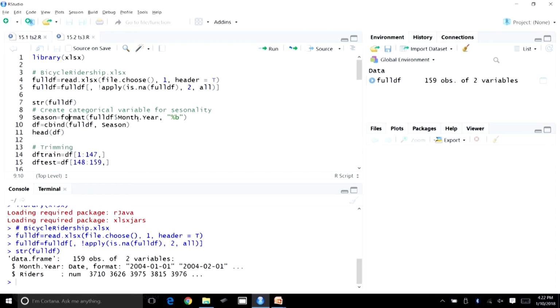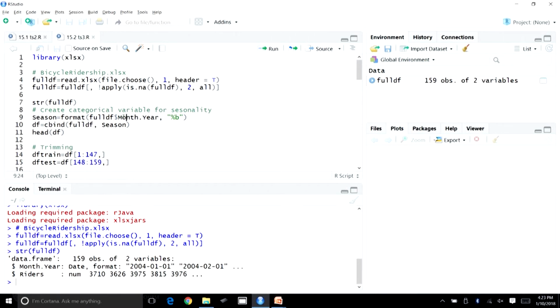Since this is a monthly time series, what we are expecting is that the seasonality is month wise. If we remember the time plot of the actual time series, we saw a few ups and downs. For a few months the ridership was significantly higher in comparison to other months. So, the seasonality looked to be monthly, and for the same reason, in the season categorical variable, we are going to record the month as season. Using this function, we would be able to capture the month for each observation.